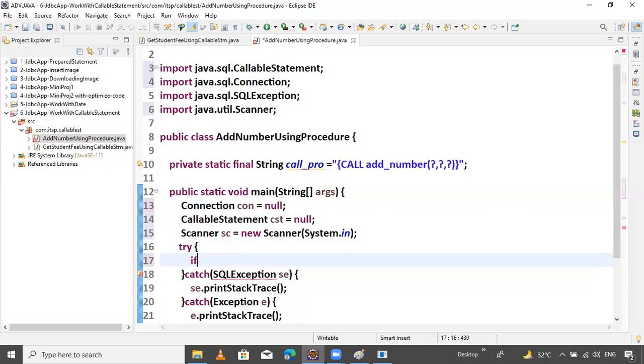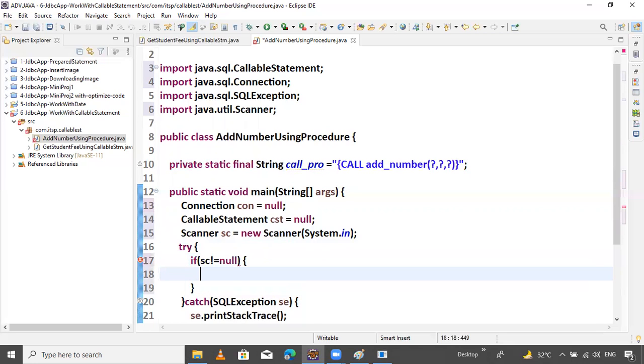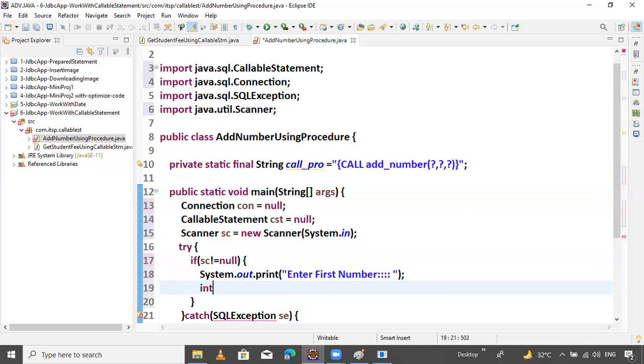So if sc not equals null, sc should not be null, then System out enter first number. I want it in the same line, so remove println. Store it inside an int variable, f number.